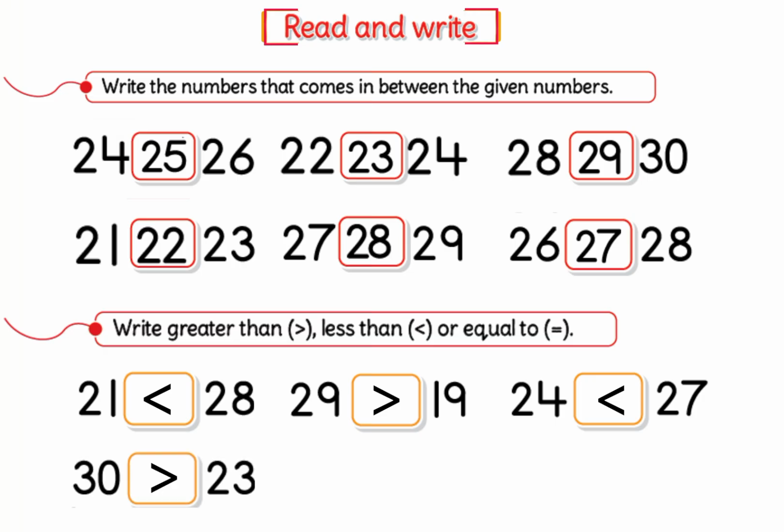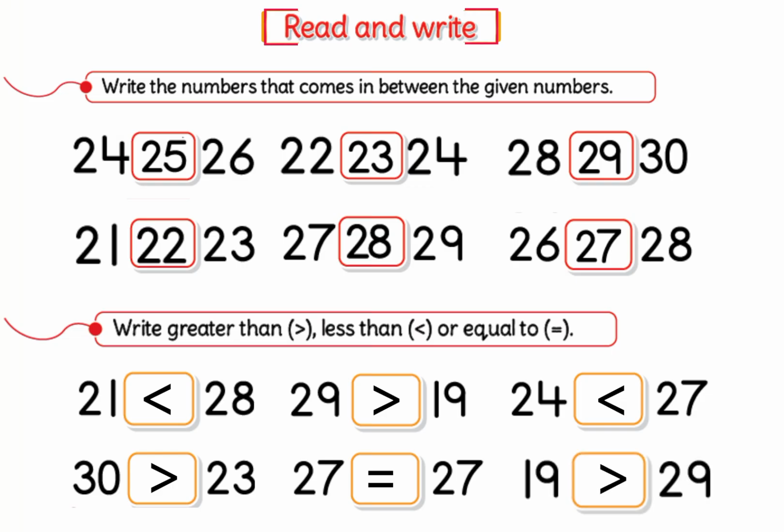30 is greater than 23. 27 is equal to 27. 19 is less than